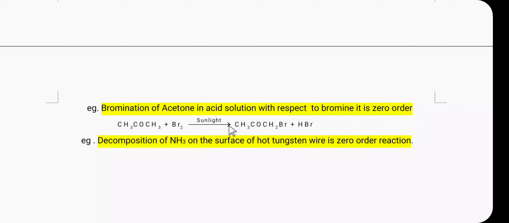Friends, in today's lecture, we have discussed the various points of chemical kinetics, such as rate of reaction, unit for the rate of reaction, factors affecting the reaction rate, rate law, how to apply the rate law for the chemical reaction, and here the zero order reaction, expression for the velocity constant for zero order reaction, characteristic features for the zero order reaction, and some examples of the zero order reaction.